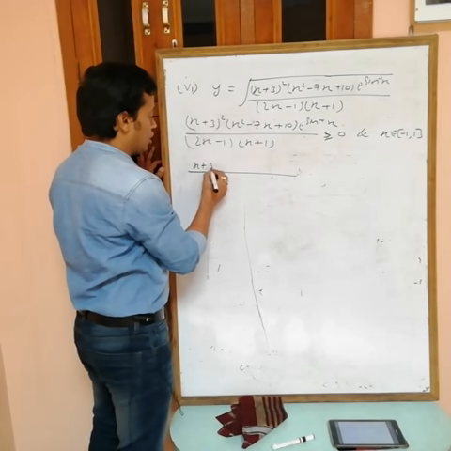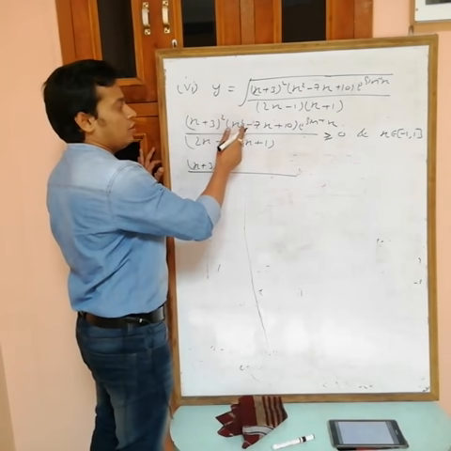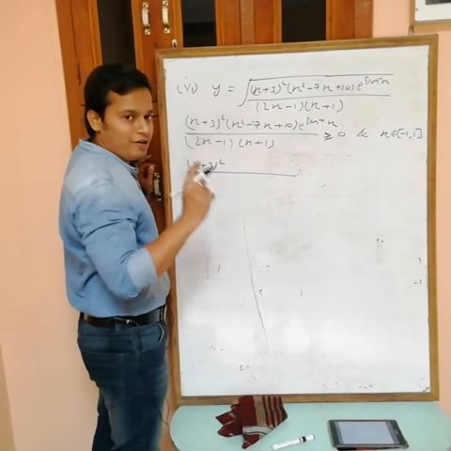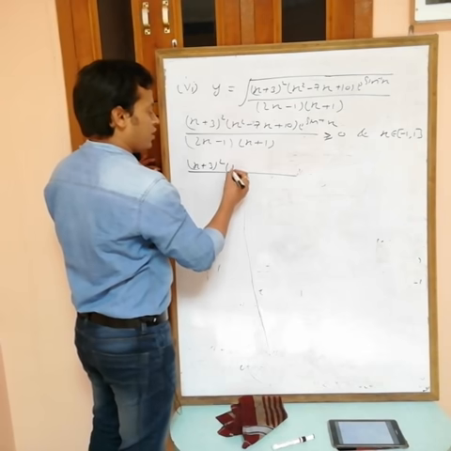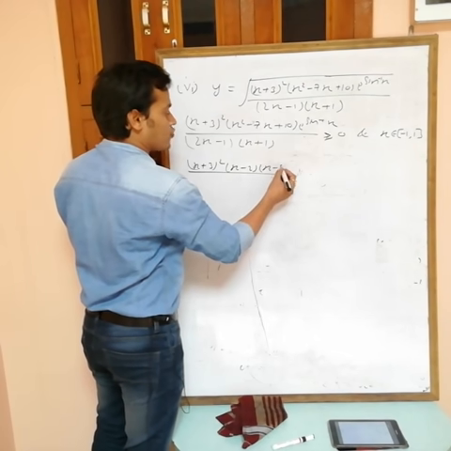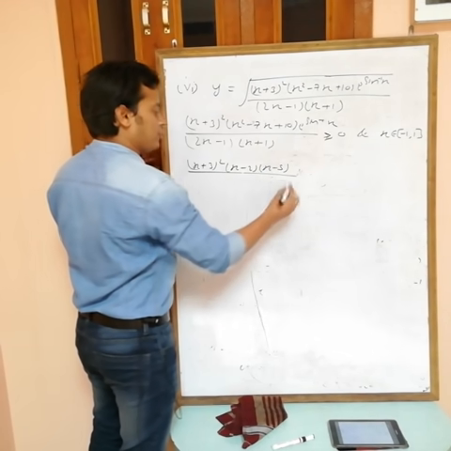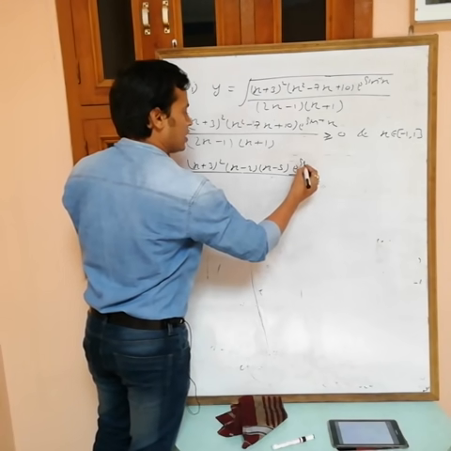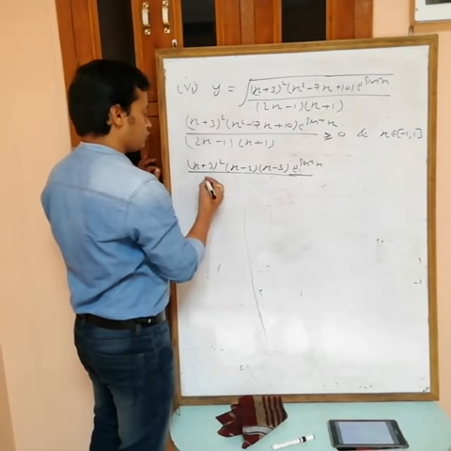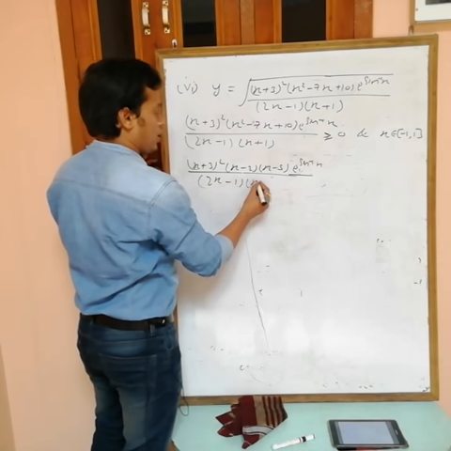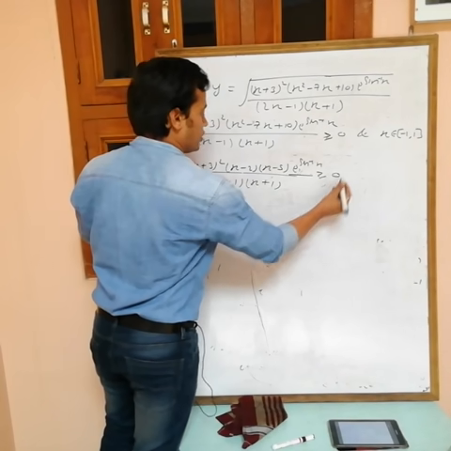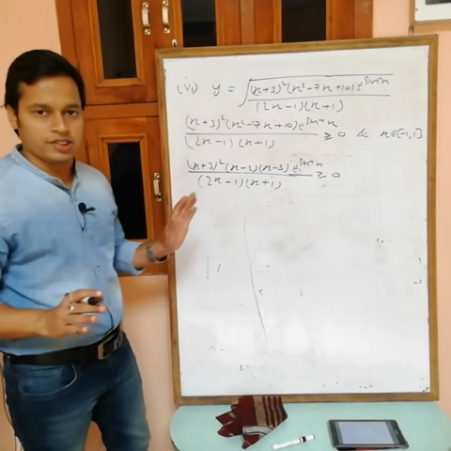(x plus 3) whole square, factorize. Product, what do you want? 10, and sum, what do you want? -7. So -2 and -5. So I am writing (x minus 2)(x minus 5). If you multiply, you will get the same thing. Into e power sine inverse x, (2x plus 1)... (2x minus 1) and (x plus 1), greater than or equal to 0. Now all the factorization is done.